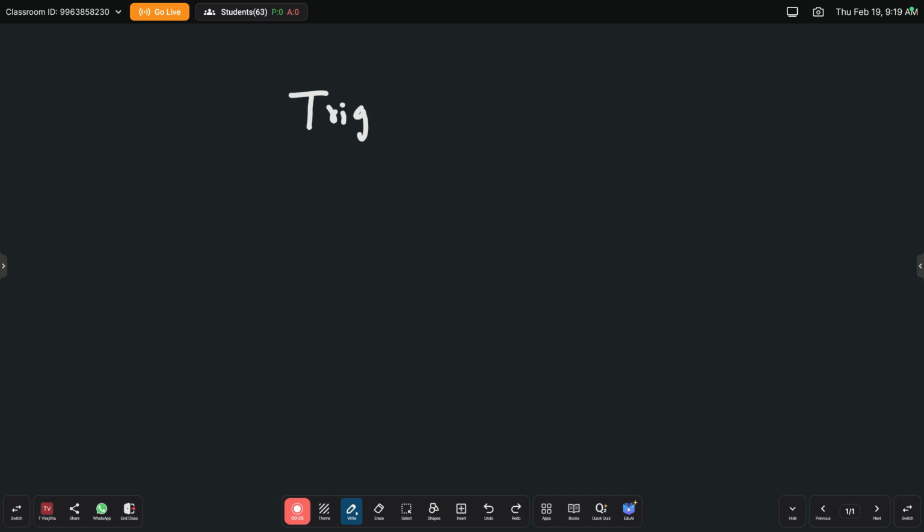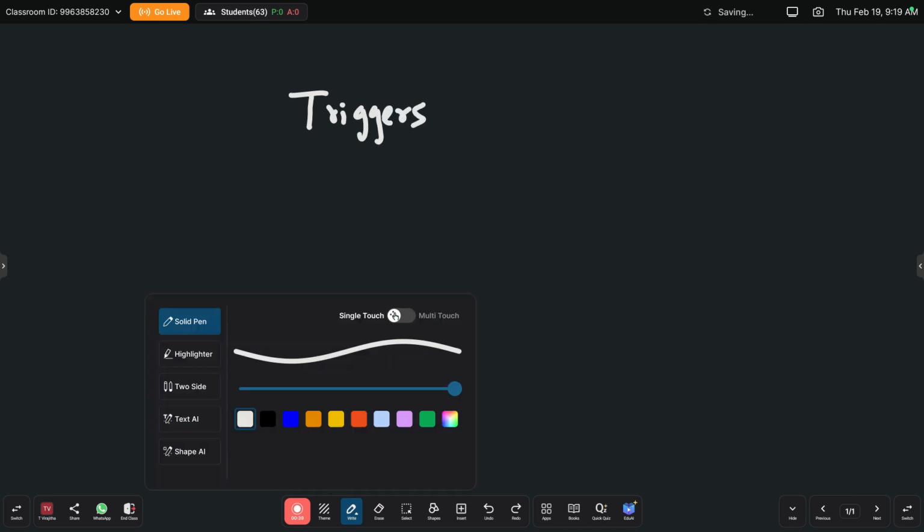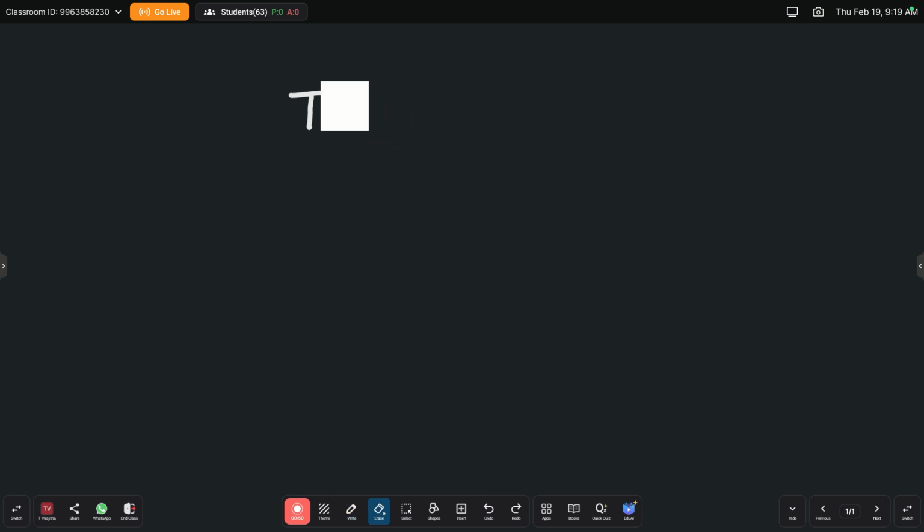How to decrease the size here? Yes, yes, quite. So under unit 3 you are having what triggers, okay?